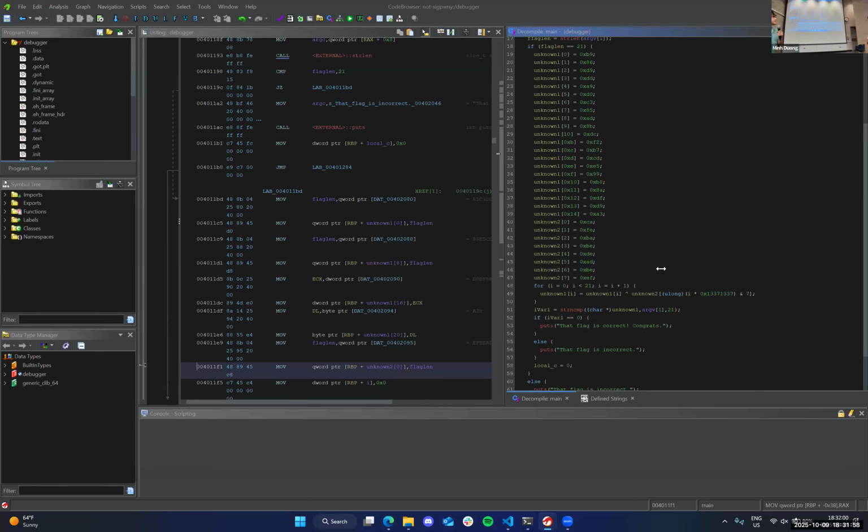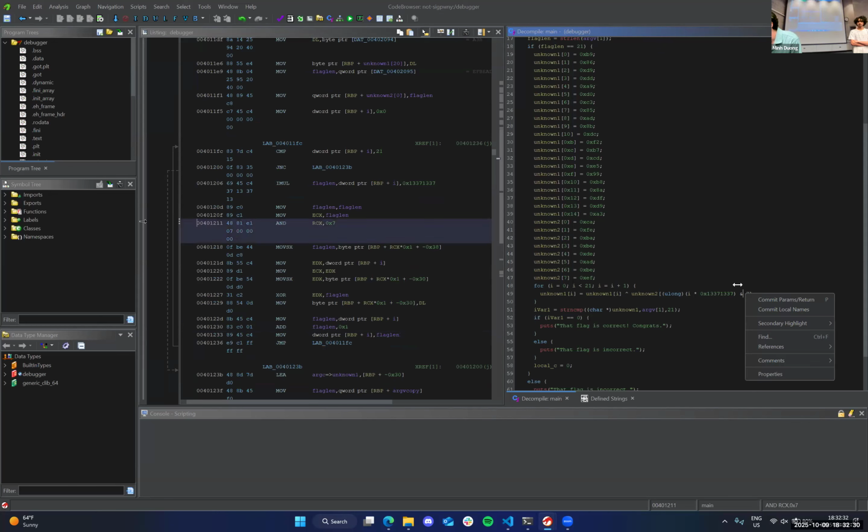So, wow, look where we started and look where we're at now. This is way more readable. Now it just looks like a normal for loop and then a strcmp at the end. I don't actually know what this thing is. Unknown_1 gets transformed and then interpreted as a char pointer. It's doing something to unknown_1 based on unknown_1 and unknown_2. And then we have this AND 7, which is making me think